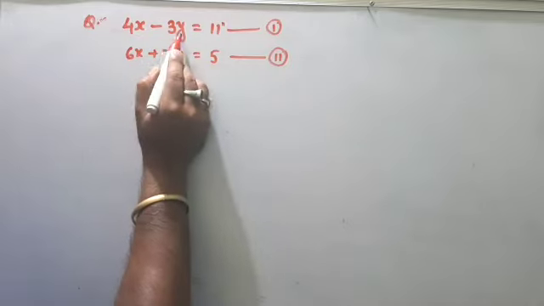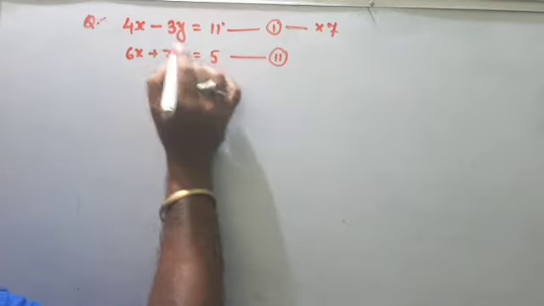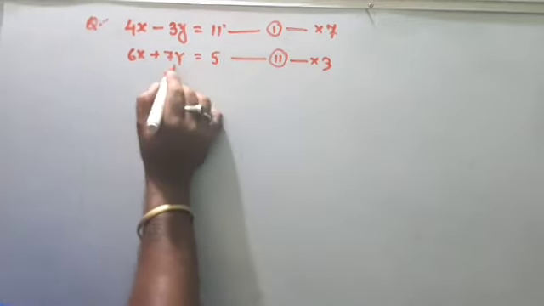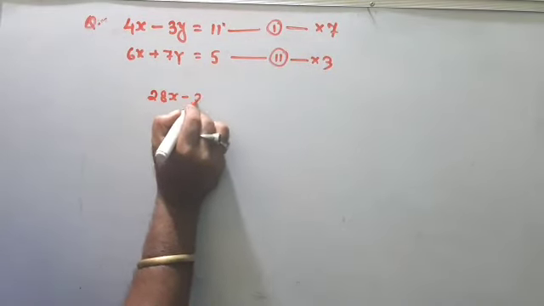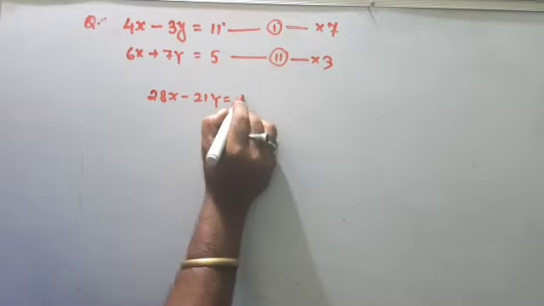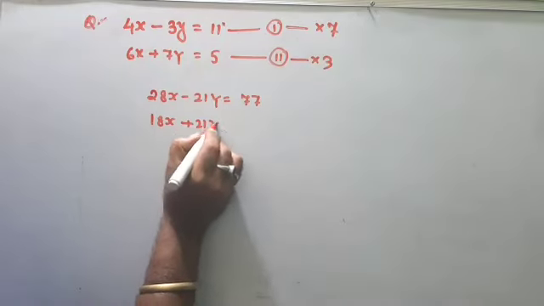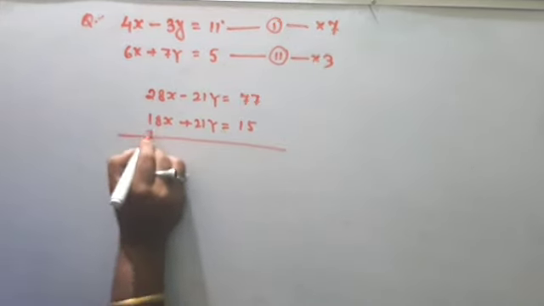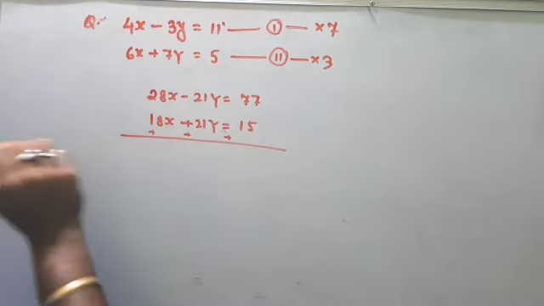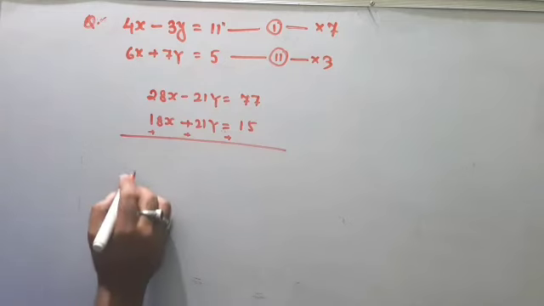To make their coefficient equal, you have to multiply this one by 7, so 7 times 3 is 21, and here you multiply by 3, so 3 times 7 is 21. Now 7 into 4, 28x minus 21y is equal to 11 into 7, 77. Here 3 into 6, 18x plus 21y is equal to 3 into 5, 15. Again here it is plus, here it is plus. Okay, so on adding,